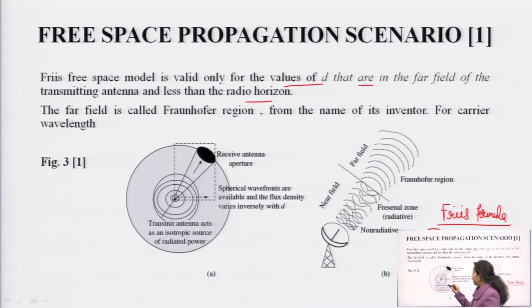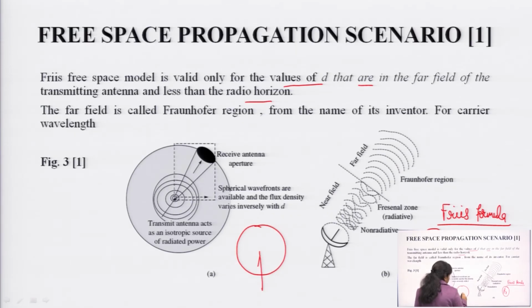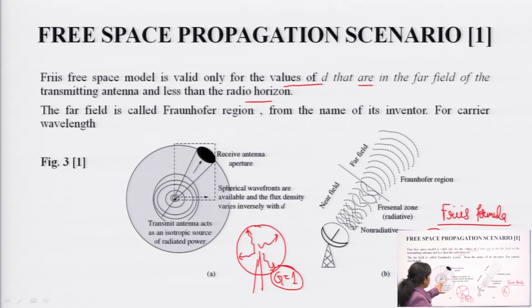So, the isotropic radiator's radiation pattern is denoted by a sphere, which means it will be installed at the center of the cell, and it is going to radiate the information equally in every direction. So, that is the free space used for the free space propagation model. So, ideally we are going to consider this, because when we use this particular model for the mathematical calculation, its gain will be equal to 1. This is an isotropic radiator which radiates equally in every direction.